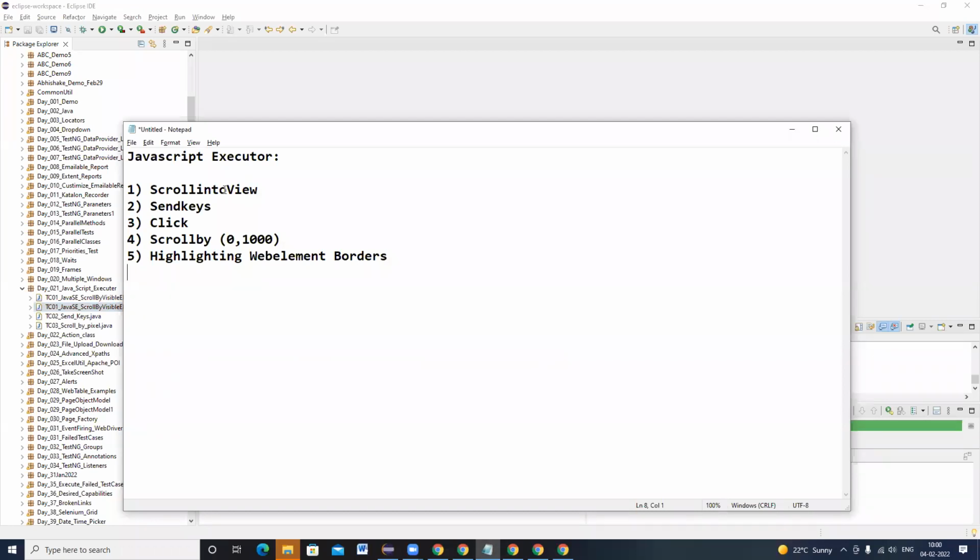Scroll into view, send keys operators, click operators, scroll by operators with pixel values, and highlighting the web element border, right? These are the things that we are doing in order to